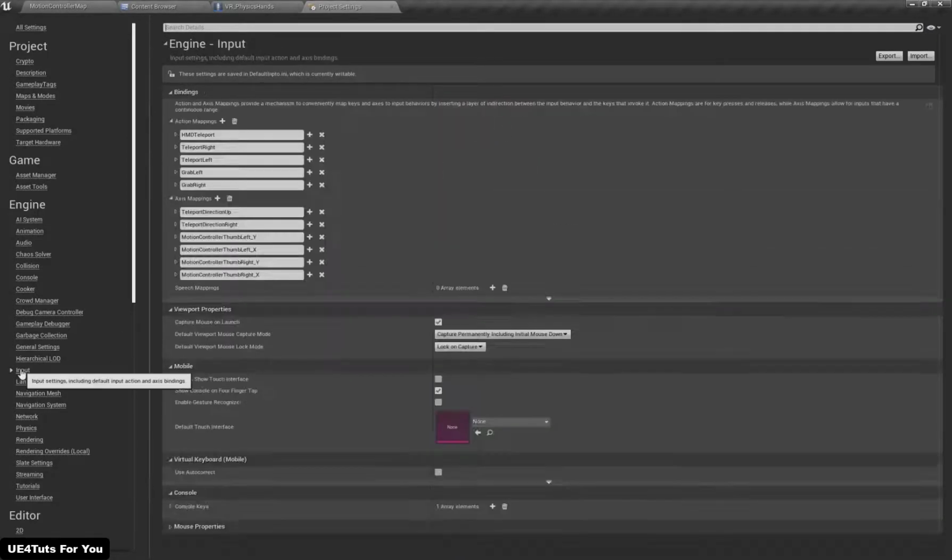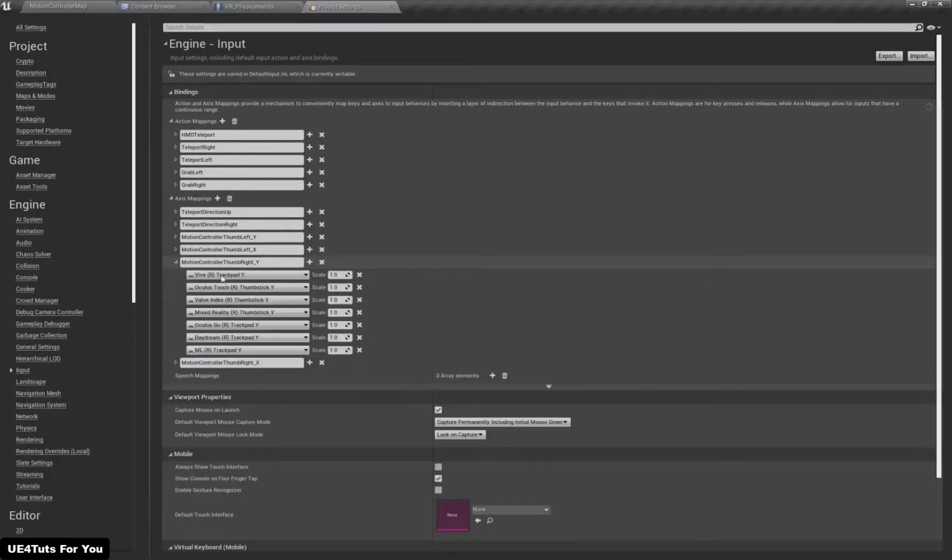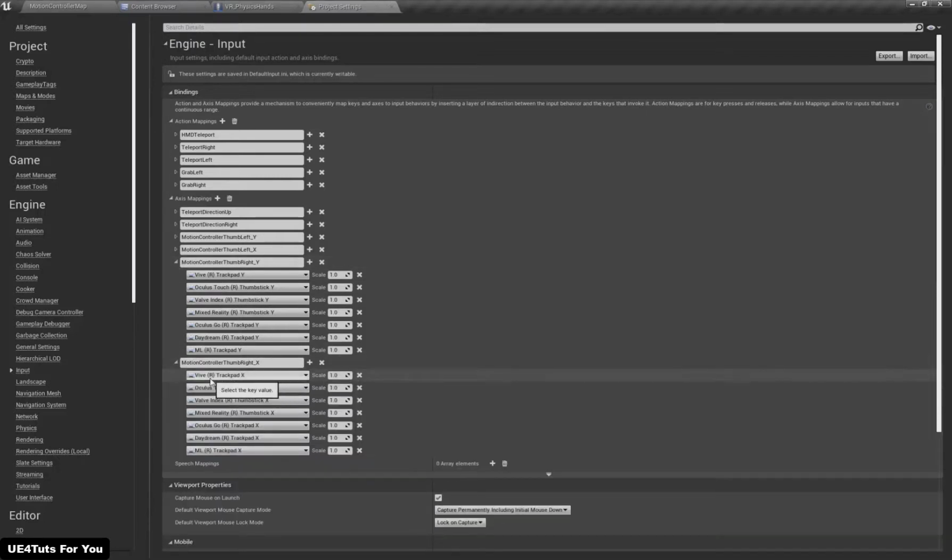Now we will go to input, and from here we will use axis mapping. So here is default axis mapping, motion controller thumbstick right Y and motion controller thumbstick right X. And underneath motion controller thumbstick right Y, here is Vive, HTC Vive trackpad Y. So I am using HTC Vive, so you can set according to your own hardware. And for motion controller thumbstick X, I have Vive trackpad X. We will use these two axis mappings to control our movement